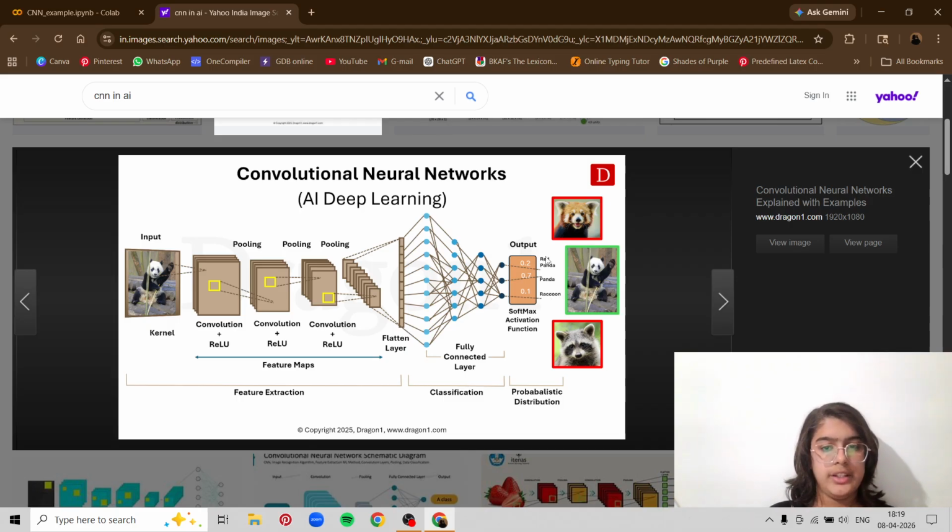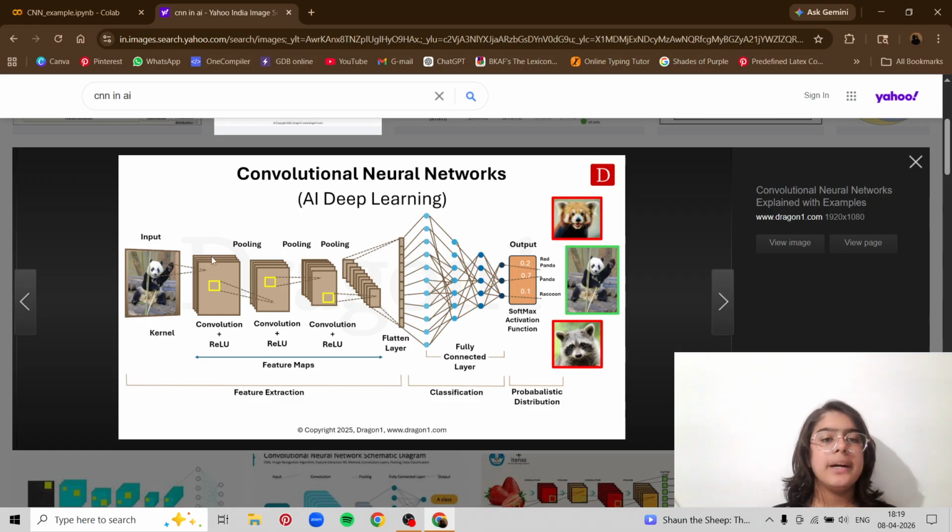You can see over here it's written. So how can we do that? What are the steps behind it? So there is a code, but the code does not cover everything in depth. This is the explanation. So first, what happens is the input goes in. The input over here is our image of the panda, and then we add convolution to it.